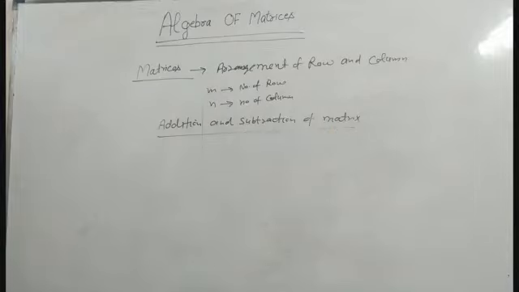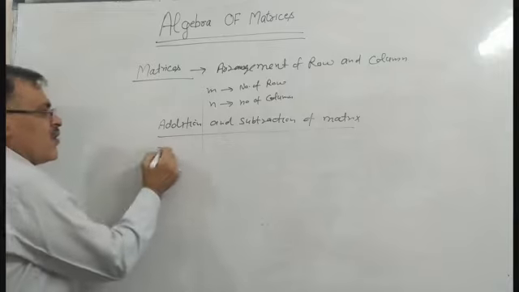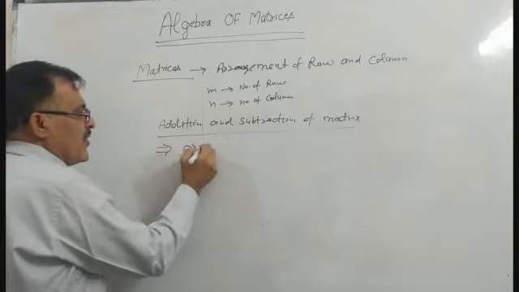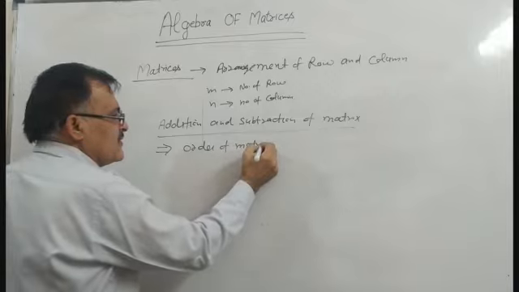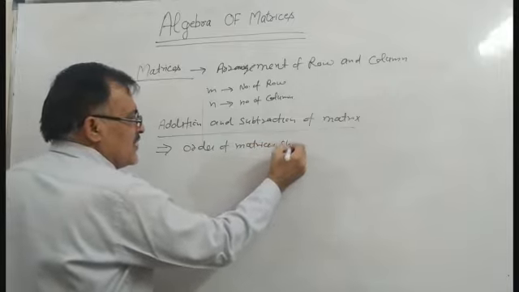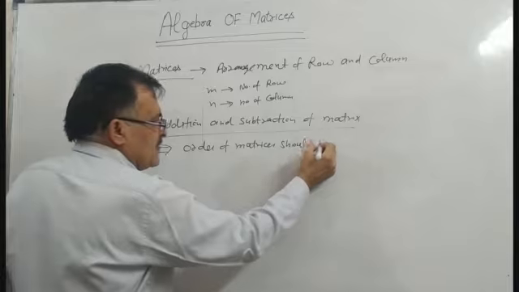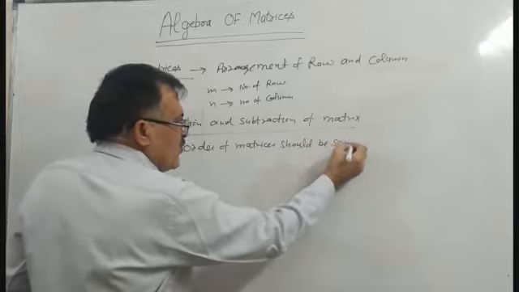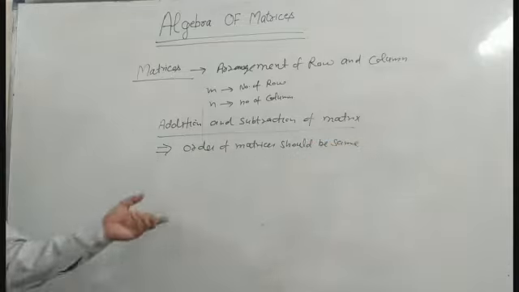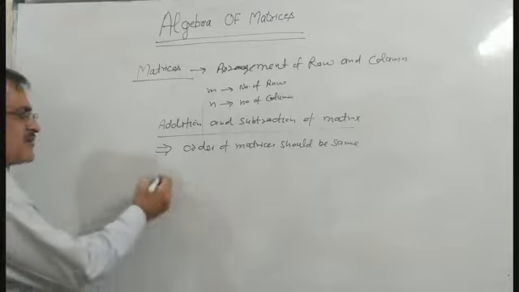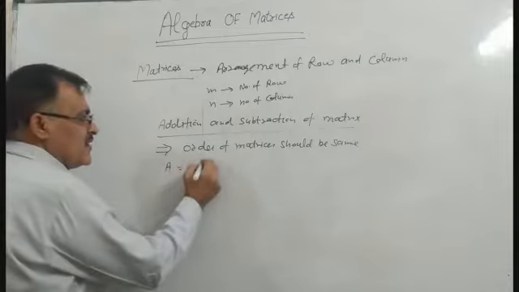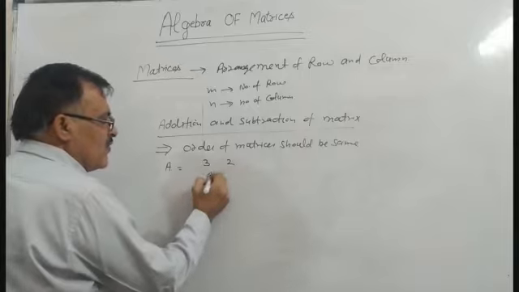The first condition for that is that the order must be the same. The order of the matrices should be the same. This is the condition: the order of both matrices must be the same, then we can add and subtract. For example, A = 3 2 4 6